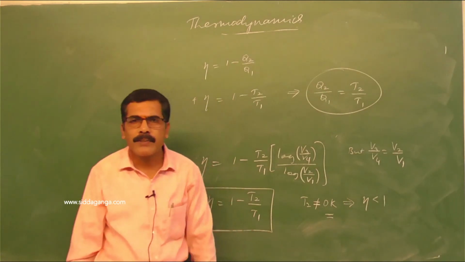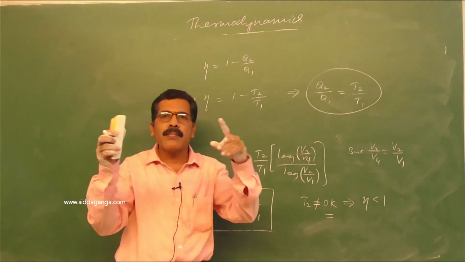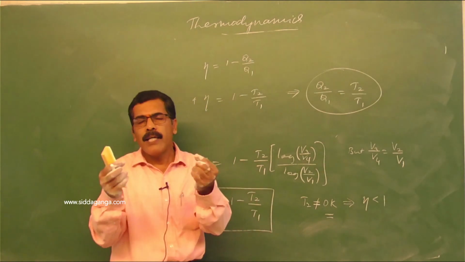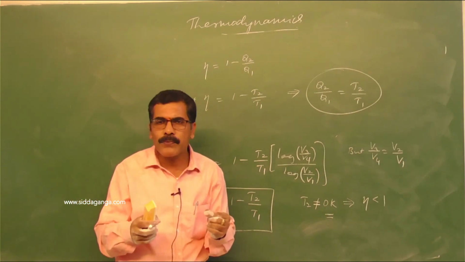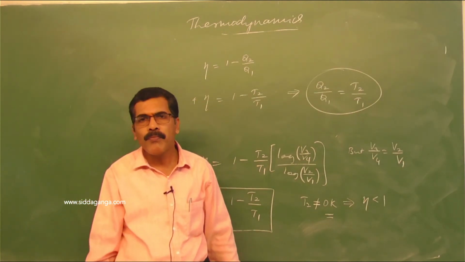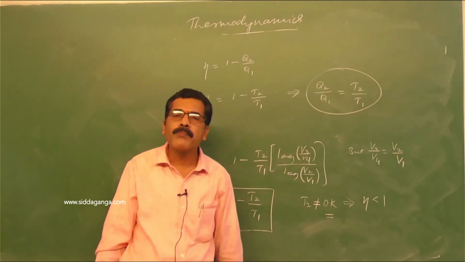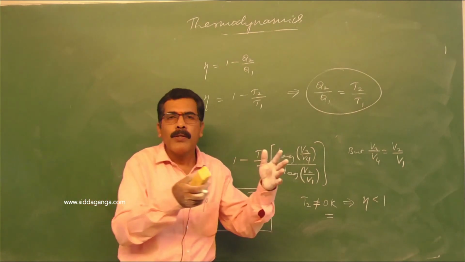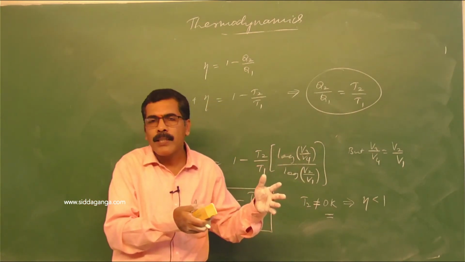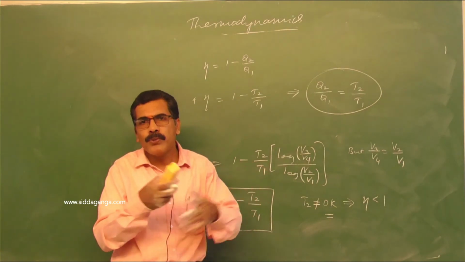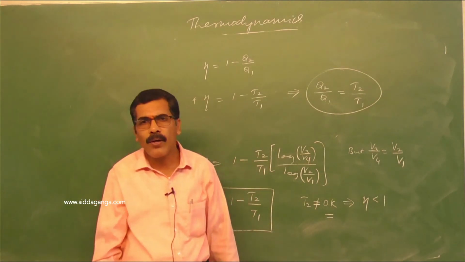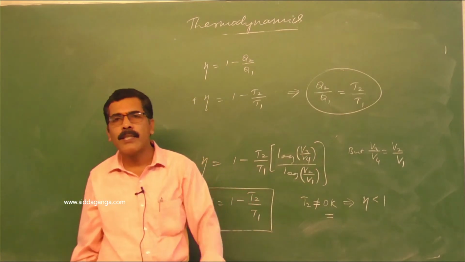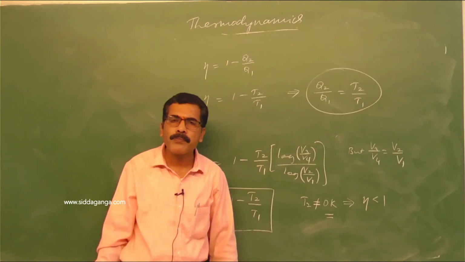I can give you one simple example. Suppose if you have taken matter in a solid state, their molecules are rigidly fixed to their positions. There is no freedom for their movement. We say that the entropy is zero. They are ordered. They are having both positional order as well as orientational order. There is no scope for movement. So we say that the entropy is practically equal to zero, right?